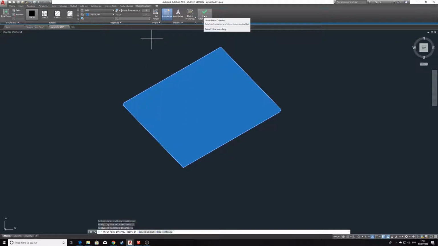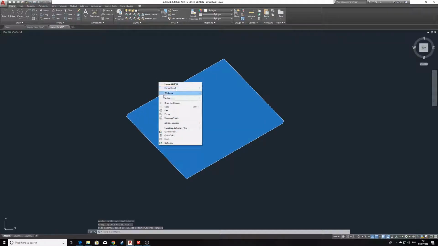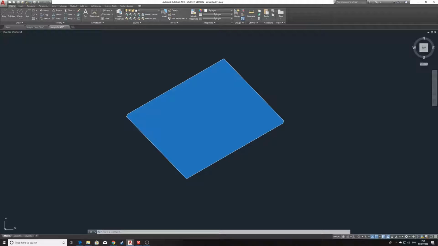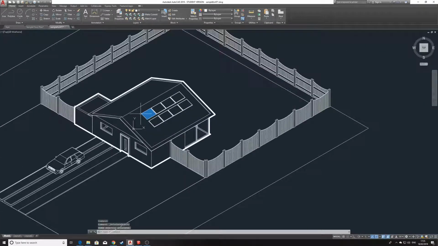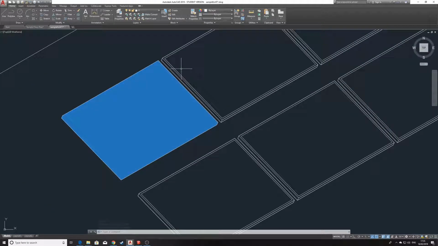Okay, so we'll click on Close Hatch Creation, and that's that done. Now if you right click again and go on Isolate and then End Object Isolation, and when that finishes calculating, we'll be back with the rest of the scene all built up again. Okay, there we go. A little problem we have then is we've lost some of the lines within the